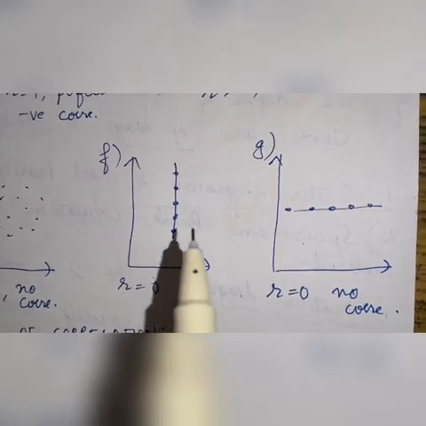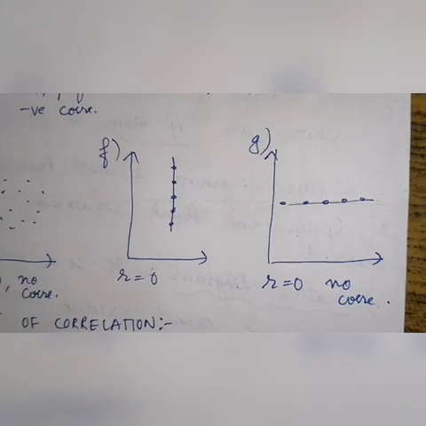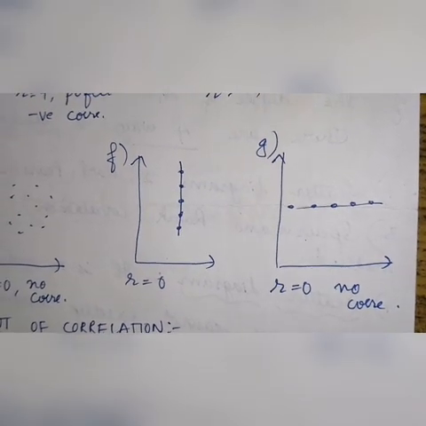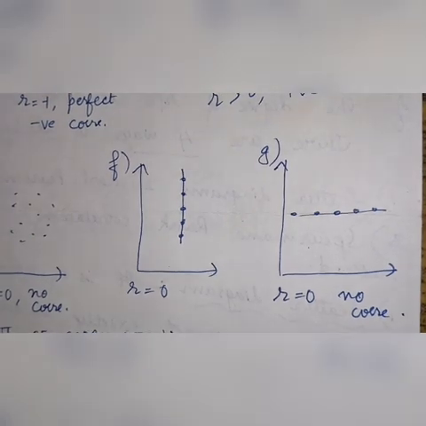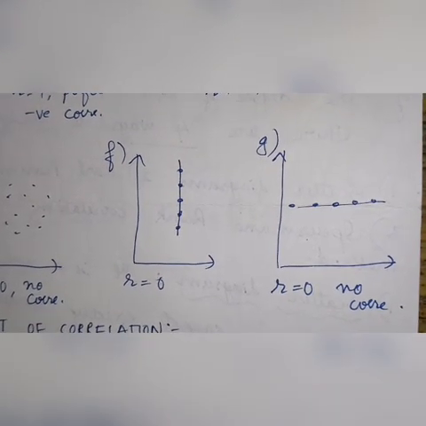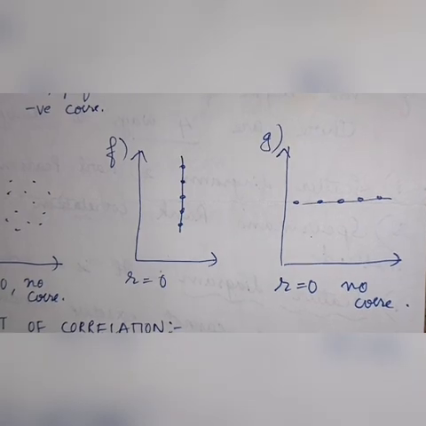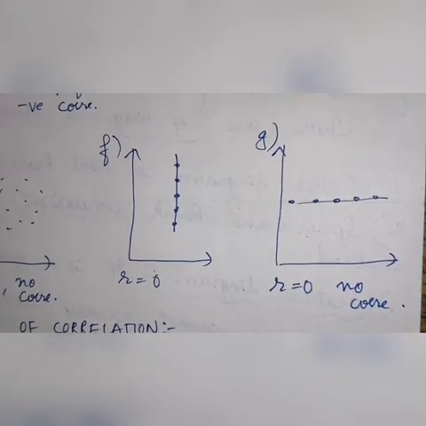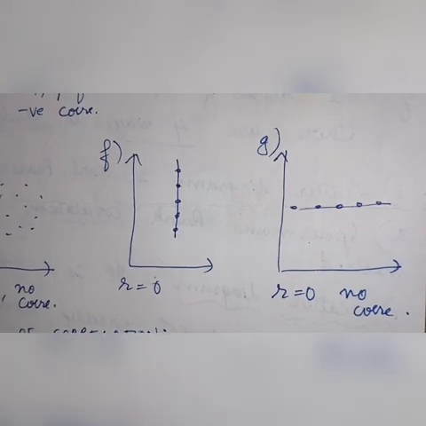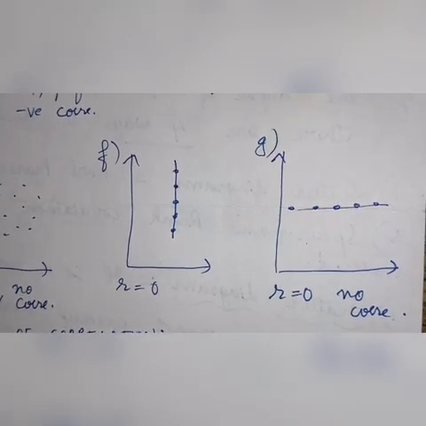So when the values of y are moving in the direction of the value of x, or they are moving in the opposite direction to one another, then there exists either a positive or a negative correlation. And if one variable is not moving along with the other variable, then we say there is no correlation.